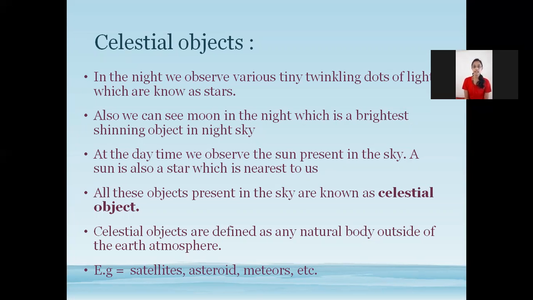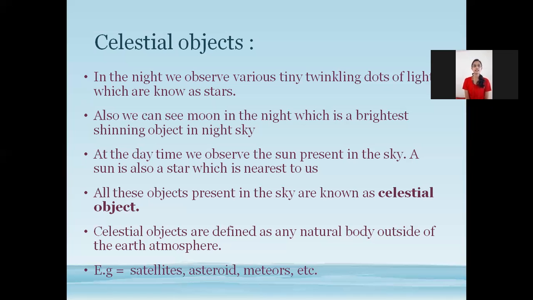So celestial objects are defined as any natural body outside of the Earth's atmosphere. Means whatever there is outside of the Earth's atmosphere is called celestial objects. For example, satellite, asteroid, meteors, sun, moon, various planets, variety of stars, everything outside Earth's atmosphere is known